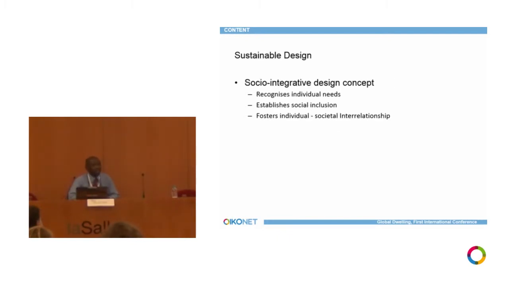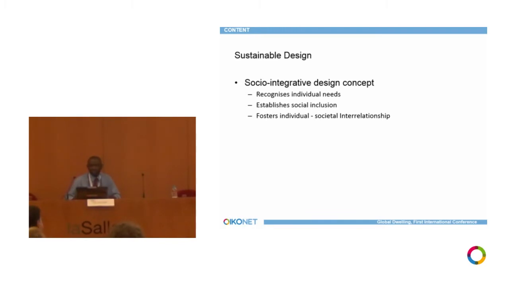The fourth design concept under sustainable design is the social integrative design concept, which mainly identifies the needs of an individual as opposed or compared to the need of the society as a whole, and how these two can work together to form a harmonious